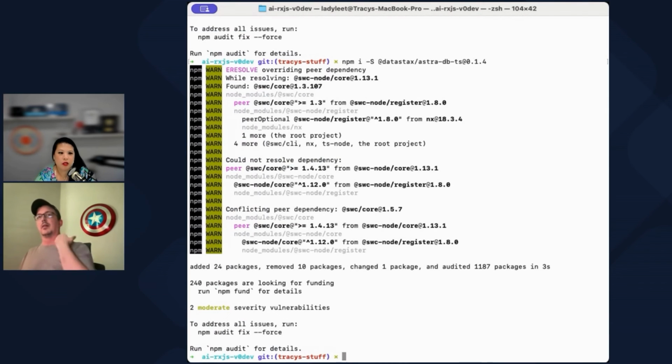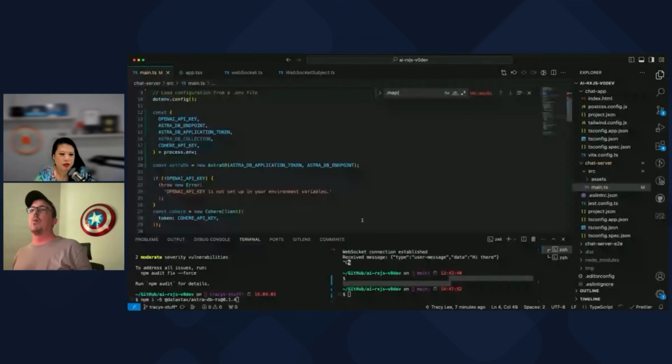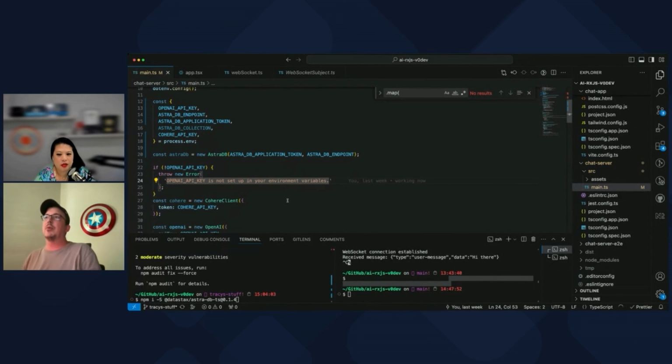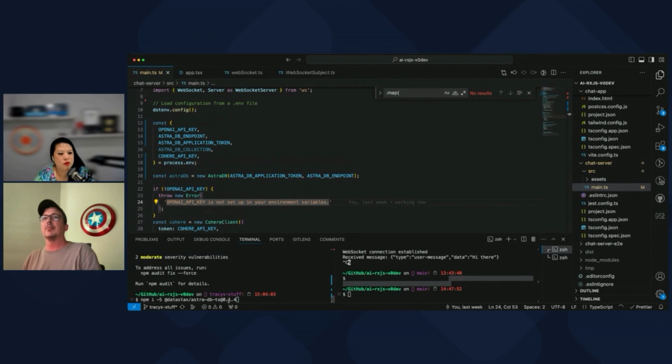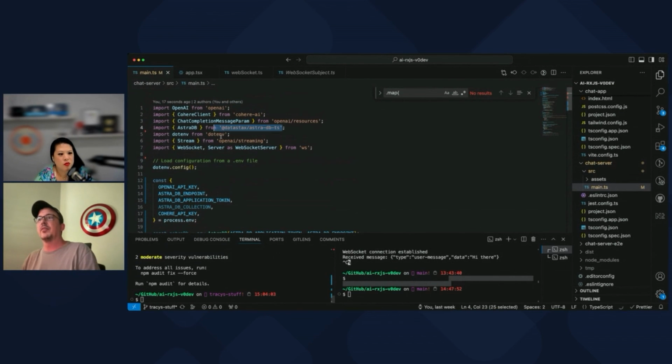Okay, there. If there are still squiggly lines on the AstraDB import, it's because I'm not using it, right? Right. It's out of order and a bunch of other stuff. So let me share my screen. Ben Lesh. Share. All right, there we go. So now we're good because I installed this guy here. And that code's fine.